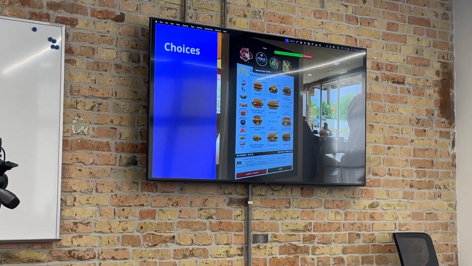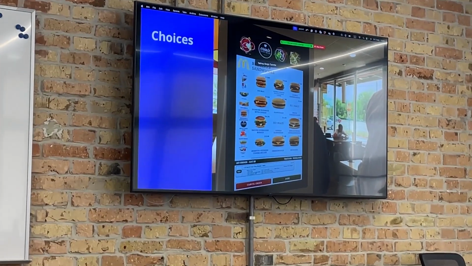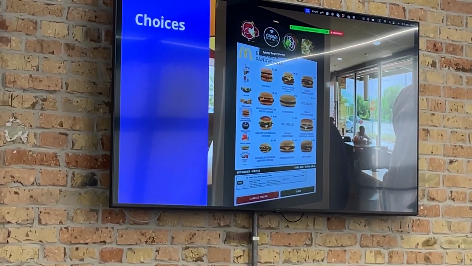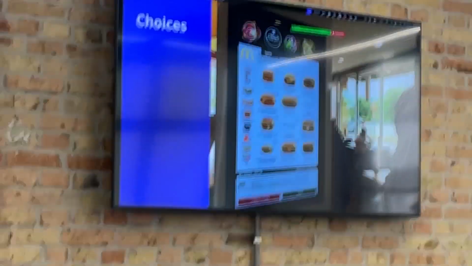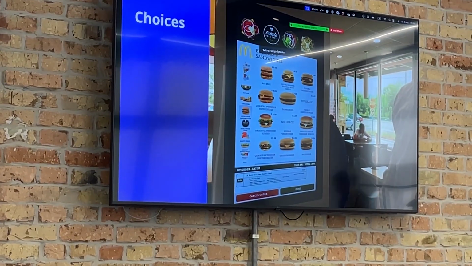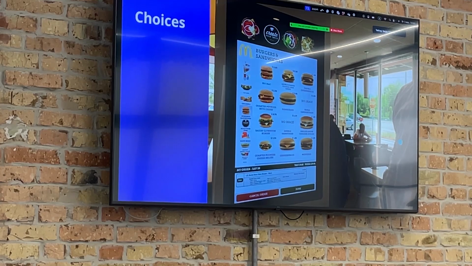So choices. For example, when we go to McDonald's, first we encounter a menu and we have many choices. This is a software system, and the software system is somehow programmed, and we definitely have choices there, and we can give our user the choice.